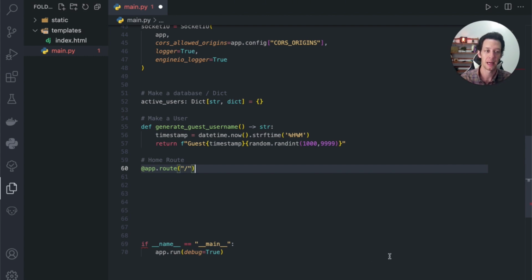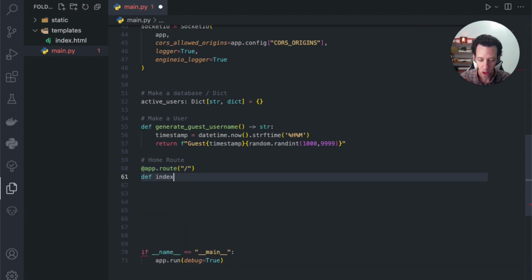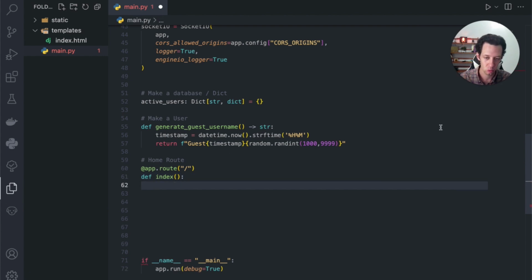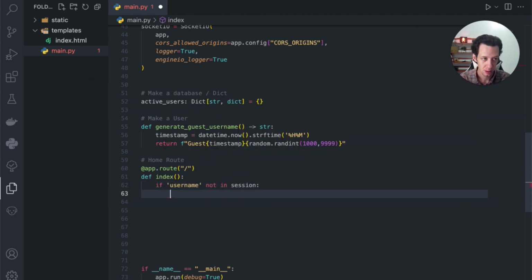So remember, if you're new to Flask, a route is essentially a page that you can visibly see on your web application. Any website's home page starts with a slash. This is the home page of the web app. It's ultimately what we're going to be able to see here in a moment once we get some HTML up and going. I'm going to say if username is not in a session, then we want to create a session